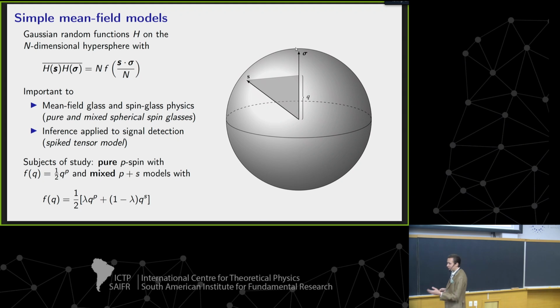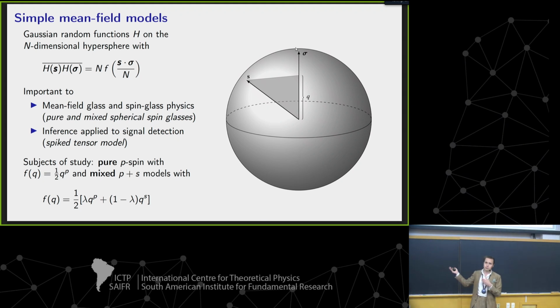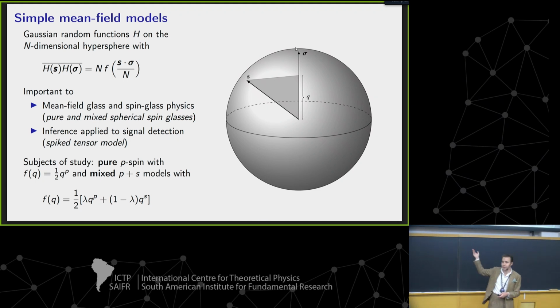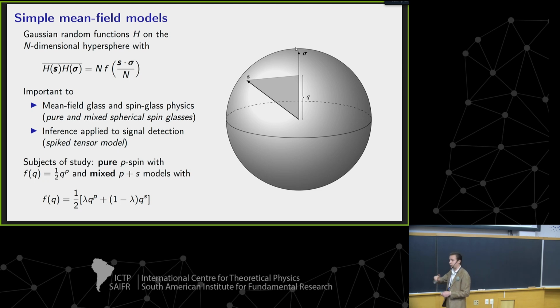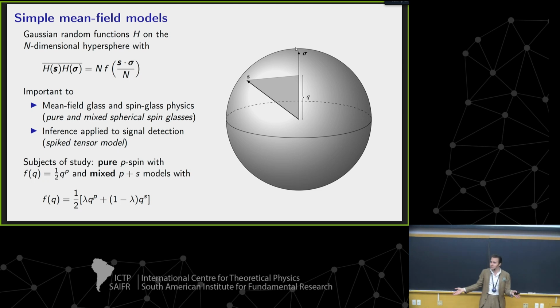So the simple models I'll talk about are not topographical landscapes like the pictures I showed you. They are simple models originally of spin glasses, known as the spherical models, and spherical spin glasses. And these you can think of as defined by a class of random functions, h, that are centered Gaussians, so the average is 0, and whose covariance between the value of the energy at two different points on the sphere, so the configuration space is the sphere, I skipped that part, a high-dimensional sphere. The covariance function between the energy at two different points on the sphere is simply given by some function of the overlap or scalar product between those two points.